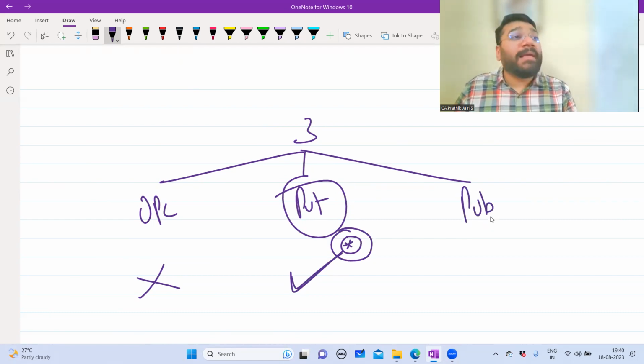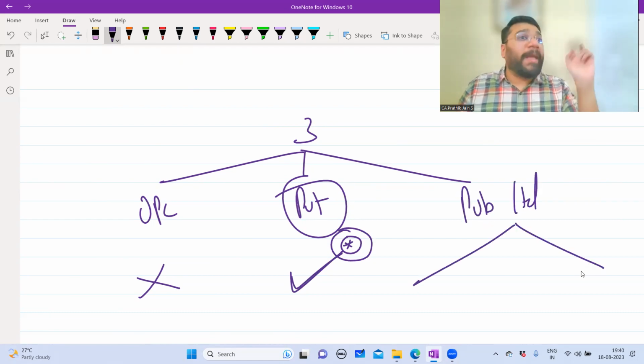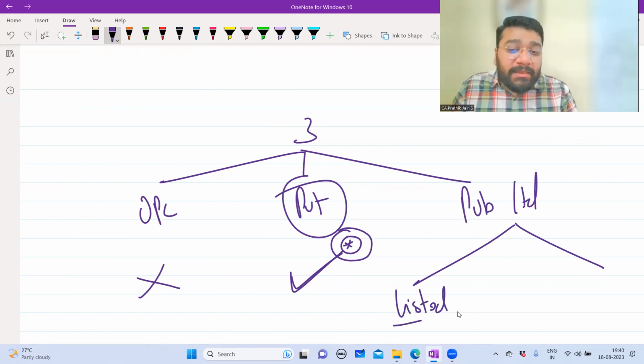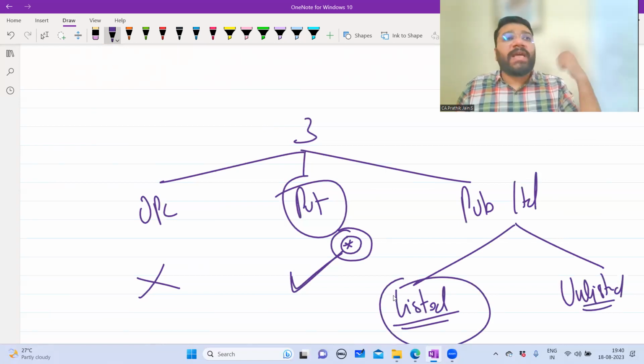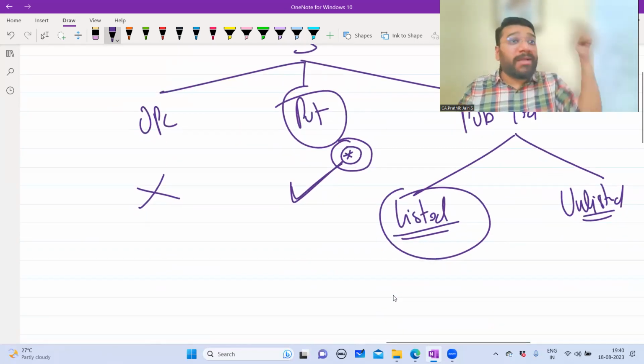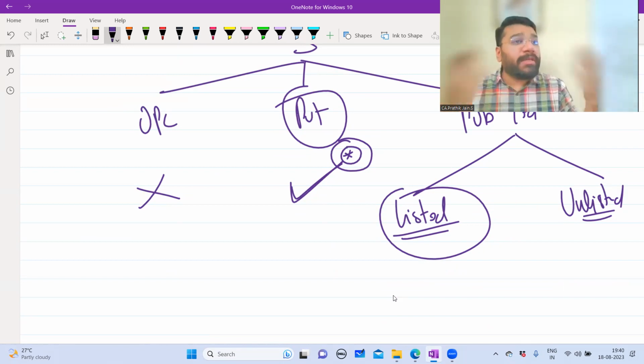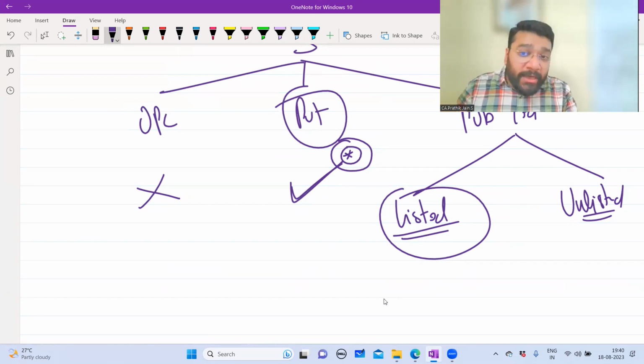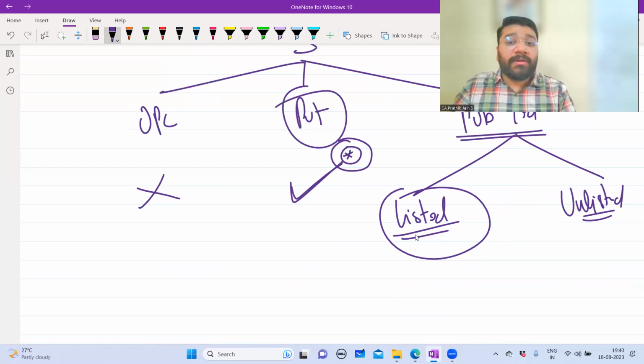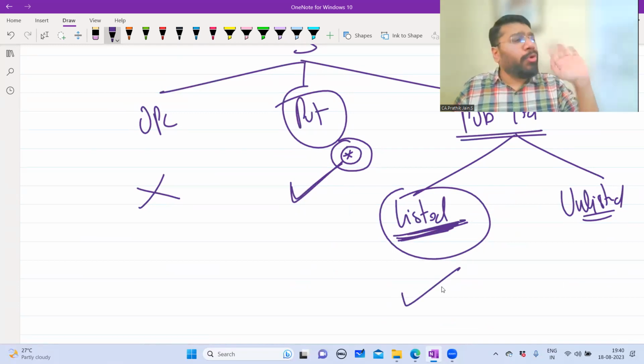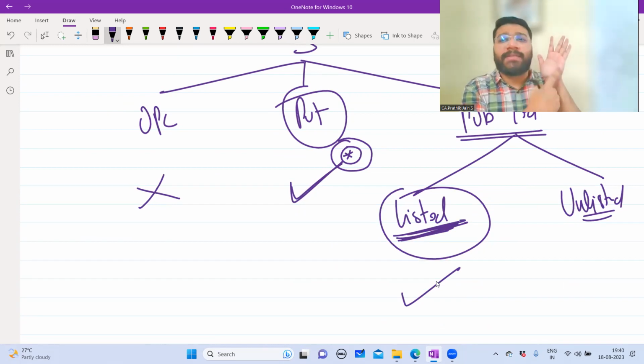Then you have something called public limited company. In the public limited company, also two types. Some companies are listed in the stock exchange. Some companies are not listed in the stock exchange. So now the shares of Reliance Limited I buy. From where do I buy? From the stock exchange, because the shares of that company are listed on the stock exchange. So what is stock exchange? How does it function? I'll be discussing eventually. So here a public company's shares can be transferred very, very easily and freely if such company's shares are listed in the stock exchange. Very freely you can transfer, no problem. One button buy, one button sell. Very easy.